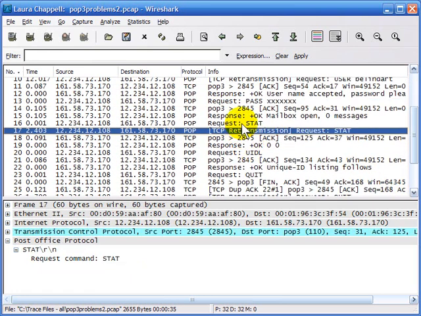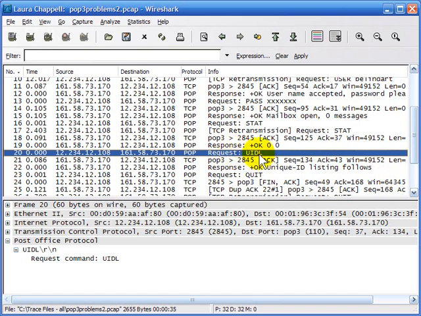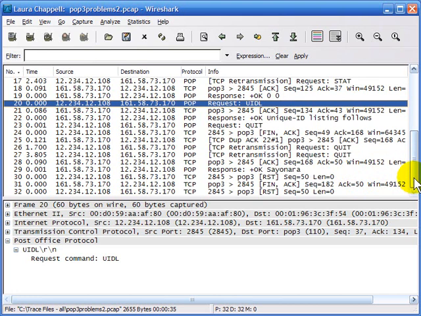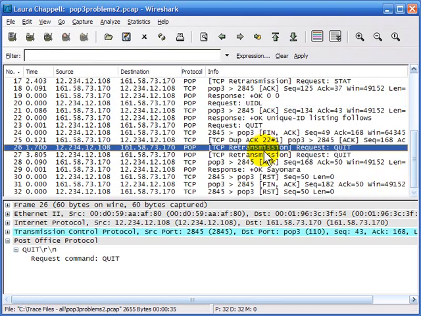There we can see the user. We've got another retransmission, so there's another 2.4 second delay. This is really, really terrible performance, and it seems that packets are being lost going to that server. There's the client requesting the unique identification listing for the email. The client gets that information down, and even through the process of going and just sending a quit, there are